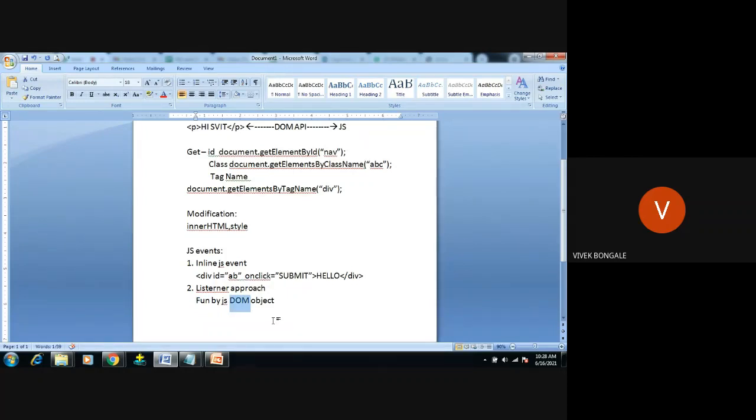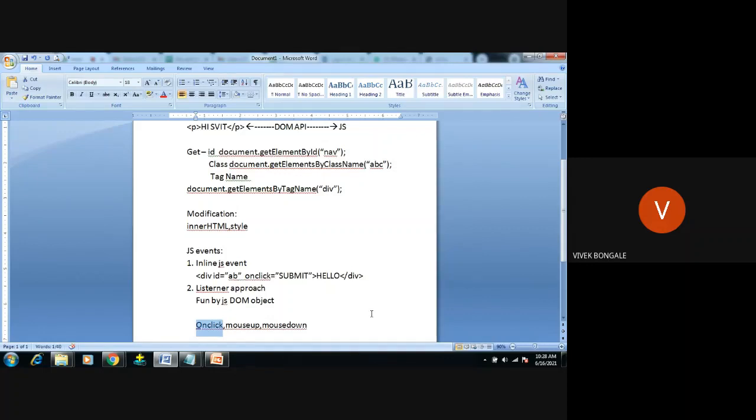How to create the events? We create them with the help of properties like onclick, which is widely used in JavaScript, and also mouse up or mouse down. So many are there. We will check with the onclick button.